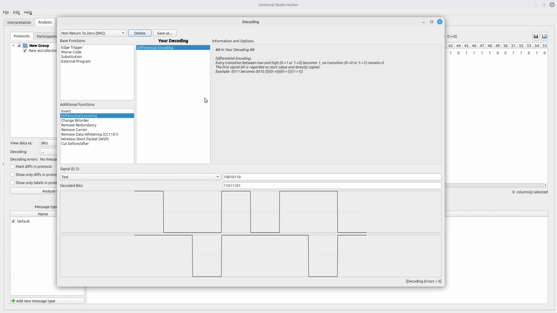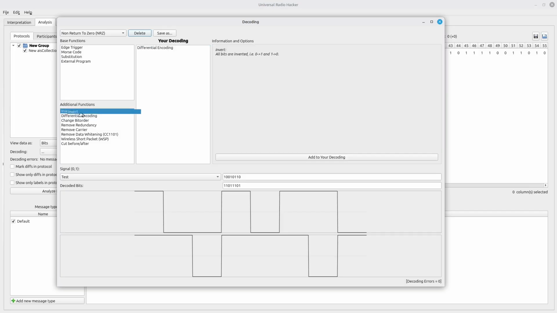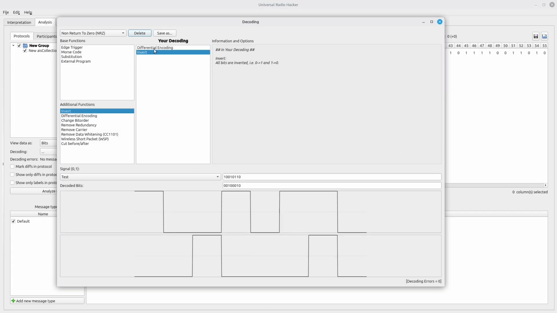The problem is the default for most systems is that when you say differential encoding, they mean a transition is a 1, no transition is a 0. We want the opposite of that. To get that, we're just going to add the invert underneath the differential encoding. So now we have differential encoding and invert. That will give us our NRZI for AIS.